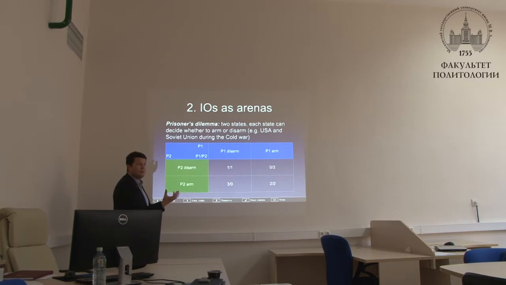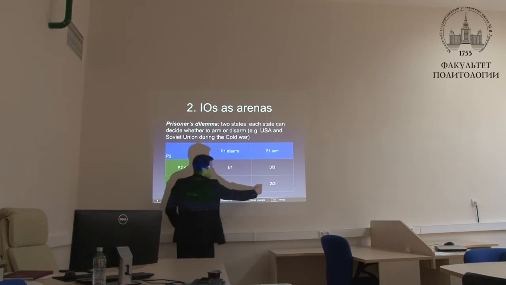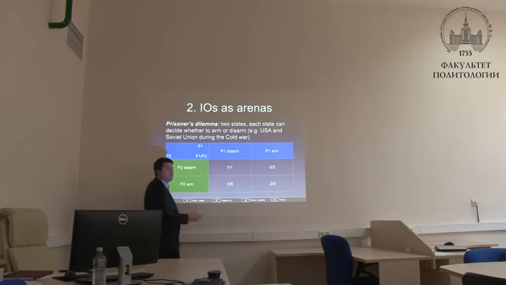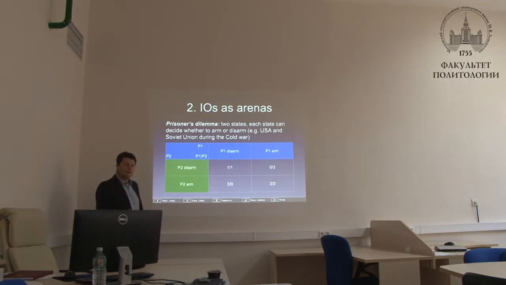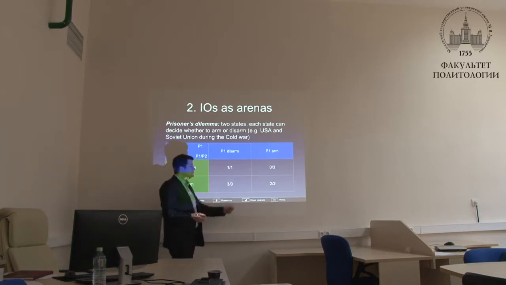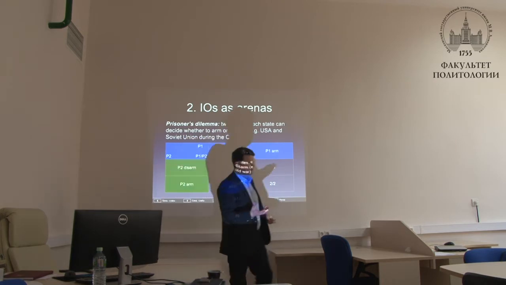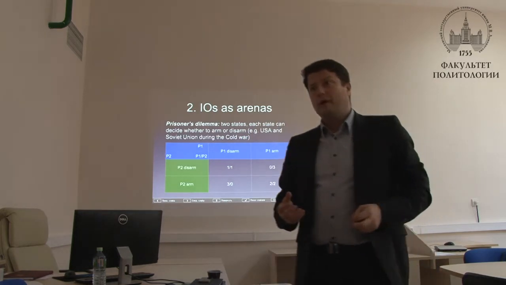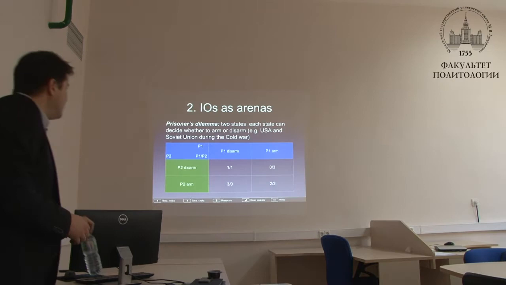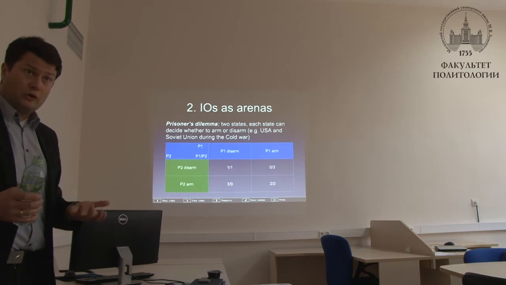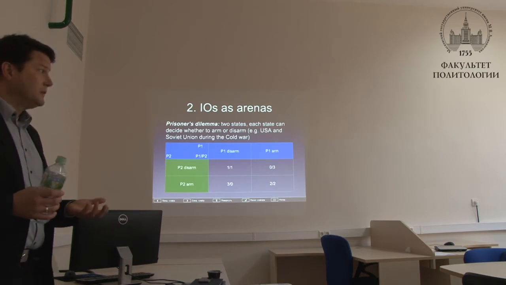And the idea of liberalism is that we should find solutions to bring them from this cell to this cell. And here the answer is international institution or international organization. The idea is to find international organizations that can do exactly this, to move from this cell to that cell. And this is what happened, for example, in the Cold War with the agreements to disarm the nuclear weapons in the 1980s, right? You have this institution, you have the contract, and you have an institution that observes that really